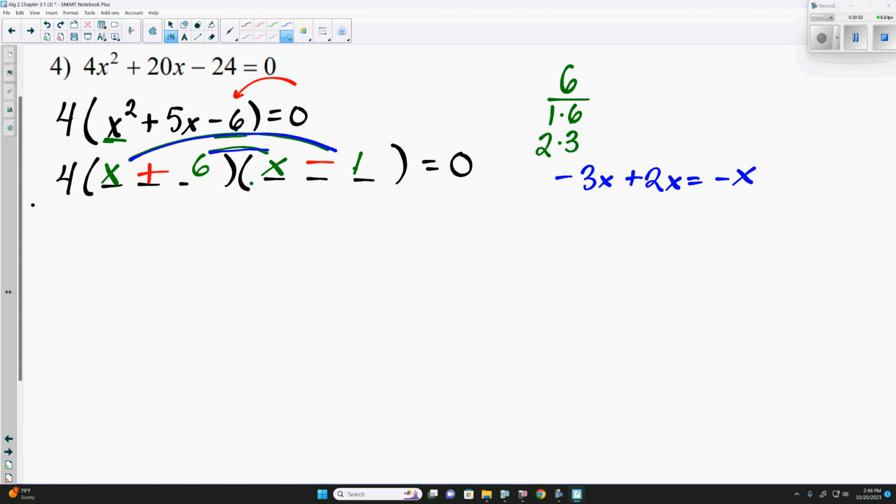Here, x times negative 1 is negative x. 6 times x is plus 6x, which gives us 5x. Is that the middle term we wanted? Well,